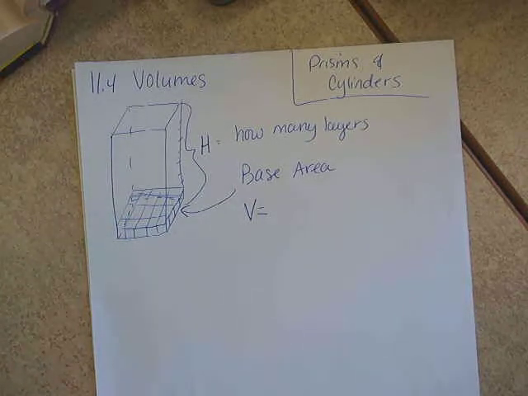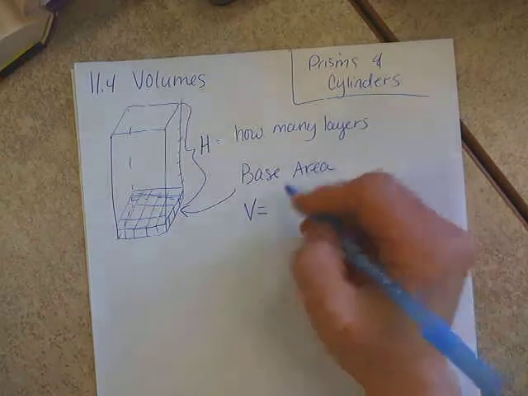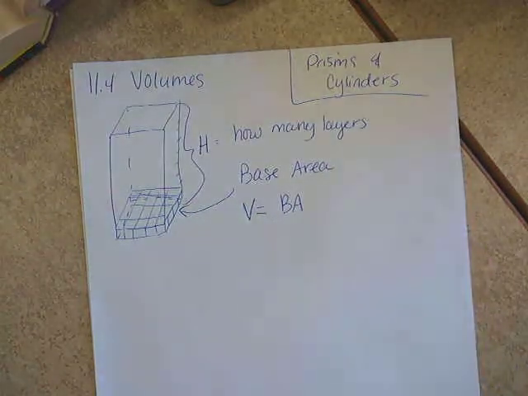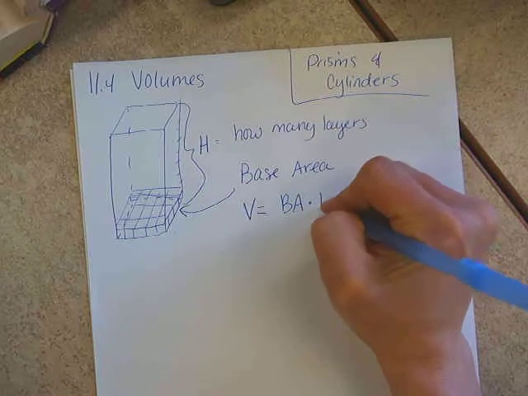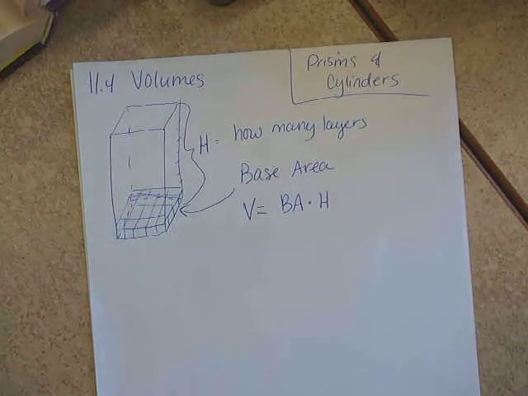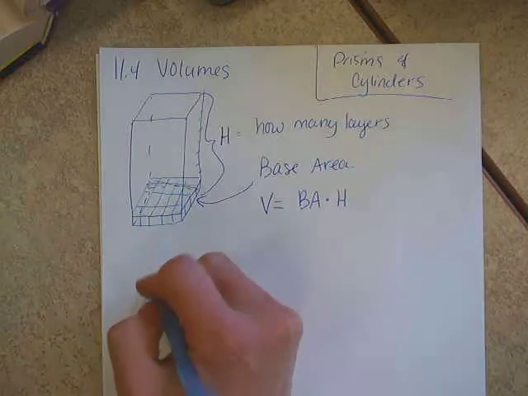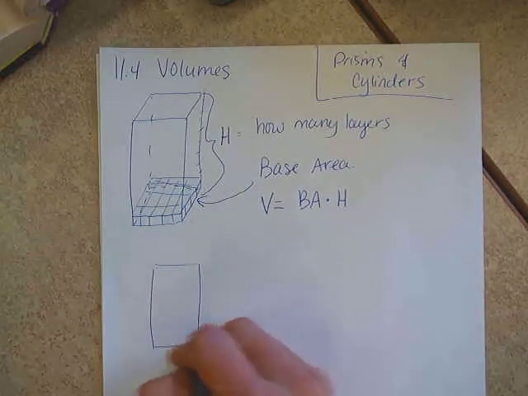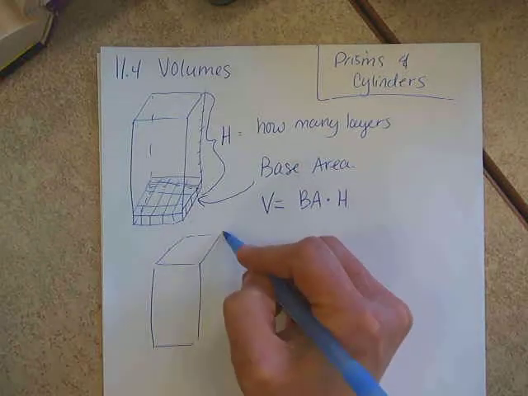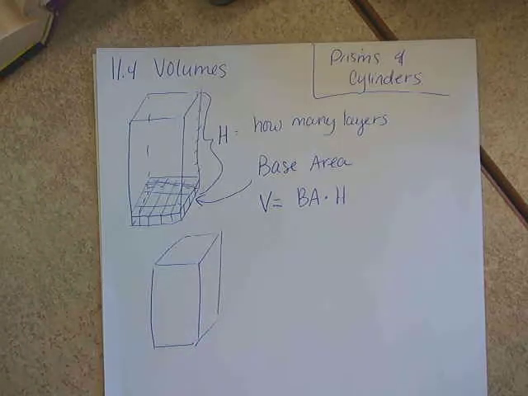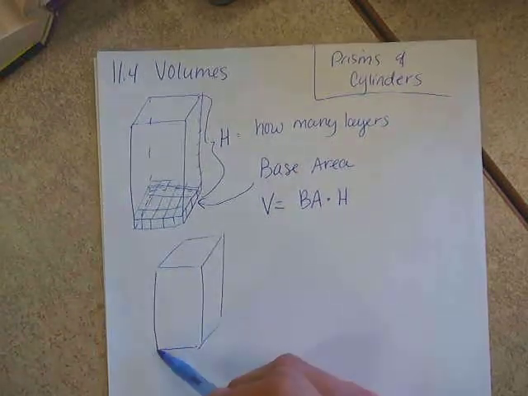If you could find the base area, then it's just a matter of how many layers of that we have. So we're looking at our base area times the height of our prism. And again, just like with surface area, your height has to be the vertical distance between the bases, okay? So if we're looking specifically at a rectangular prism,